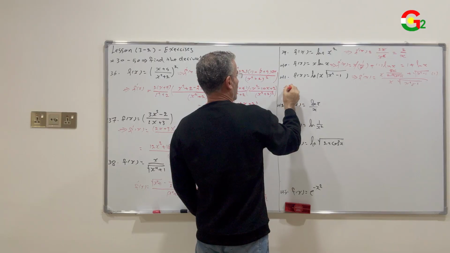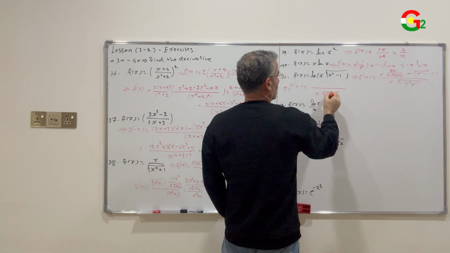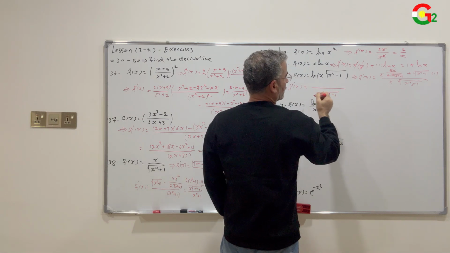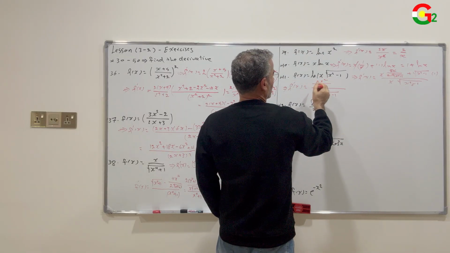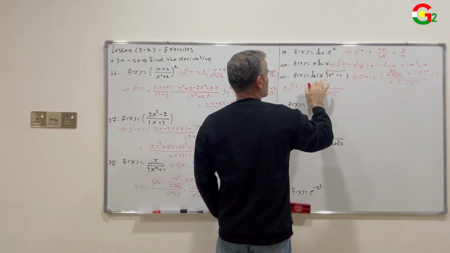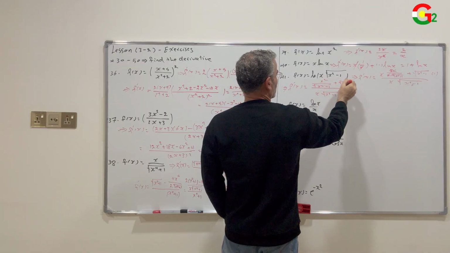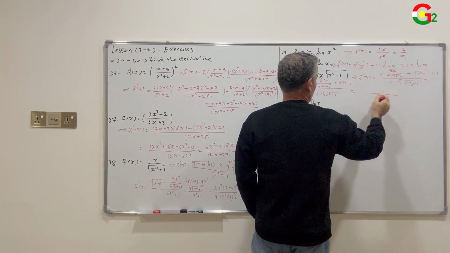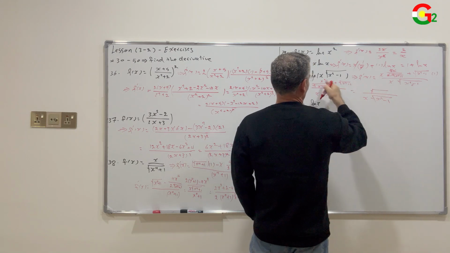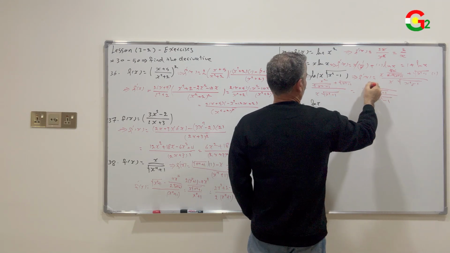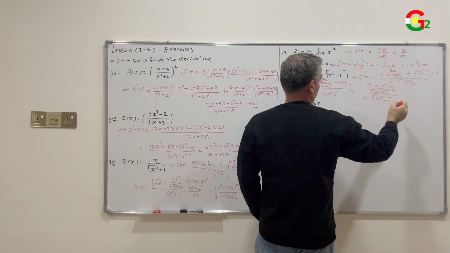Simplify. F prime of x equal to x times square root x power 2 minus 1 in the denominator, x times 2x, 2x power 2 over, reduce 2 with 2, then it will be x power 2 over square root x power 2 minus 1 plus square root x power 2 minus 1, equal to x square root x power 2 minus 1, common denominator for the two fractions in the numerator x power 2 minus 1, then x power 2 plus square root times square root, it is x power 2 minus 1